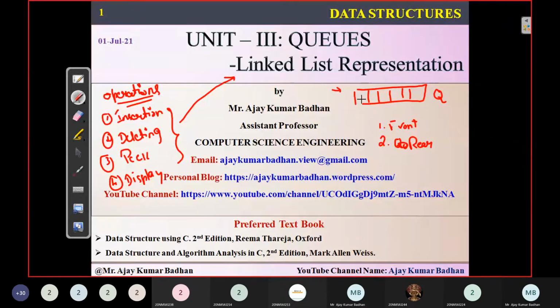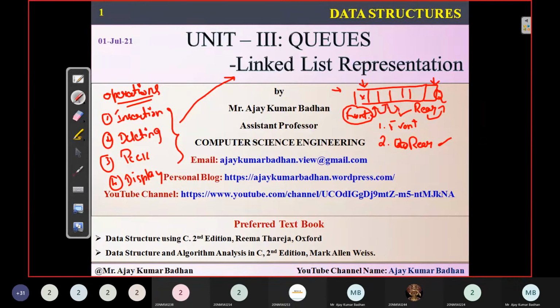Whenever you insert a value into the queue, you use rear. When you want to serve an element, whichever was inserted first will be served first, and that is represented using front. If you want to add another element, you add it at the rear, and the rear points to that new location. Elements are deleted from the front end, and when an element is deleted, front moves to the next block.